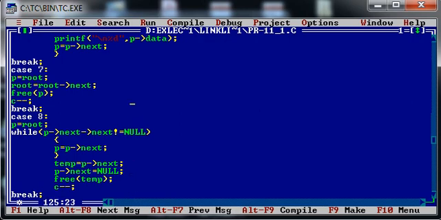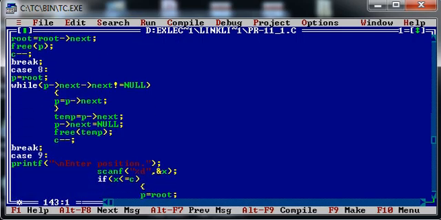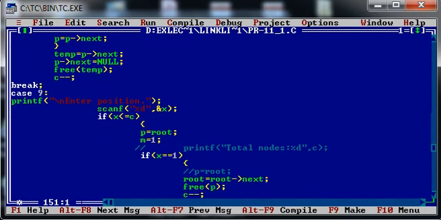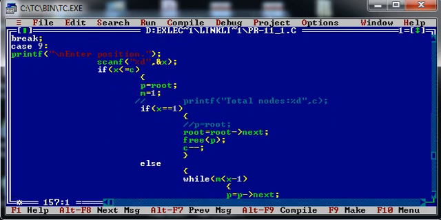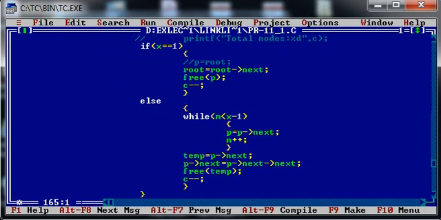Here are today's menus. Case number 7 is deletion from the beginning, case number 8 deletion from the end, and case number 9 deletion from the desired position.